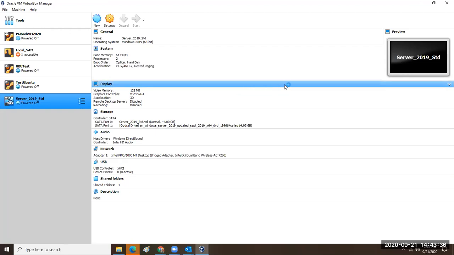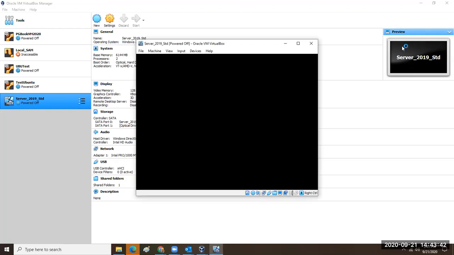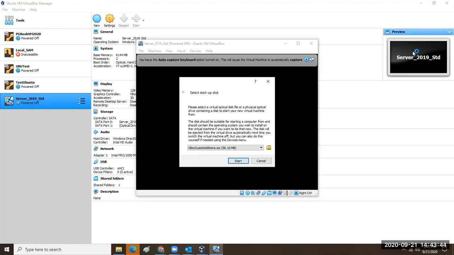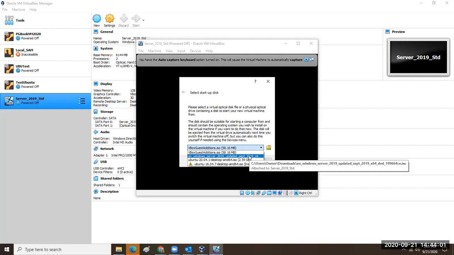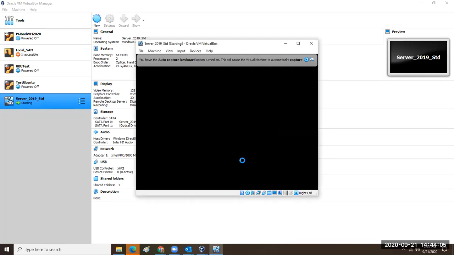As soon as I start the machine, instantly the preview window should change. So this is the other part of the GUI that you're expected to know. It's asking which startup disk do I want. I don't want the VirtualBox additions. That has to do with the extensions. We're going to run that once the server is built. But for now, we're going to hit the pull down option and we're going to select Windows Server 2019. We'll hit start,